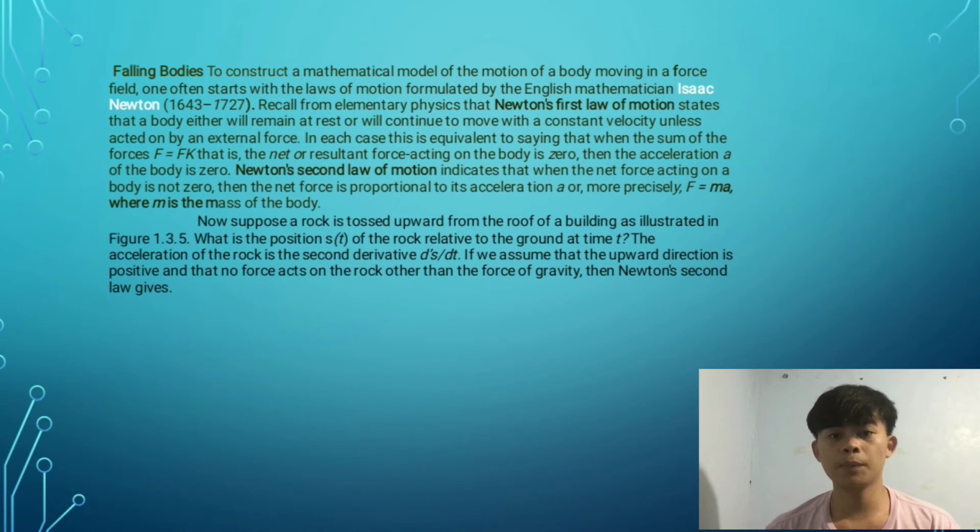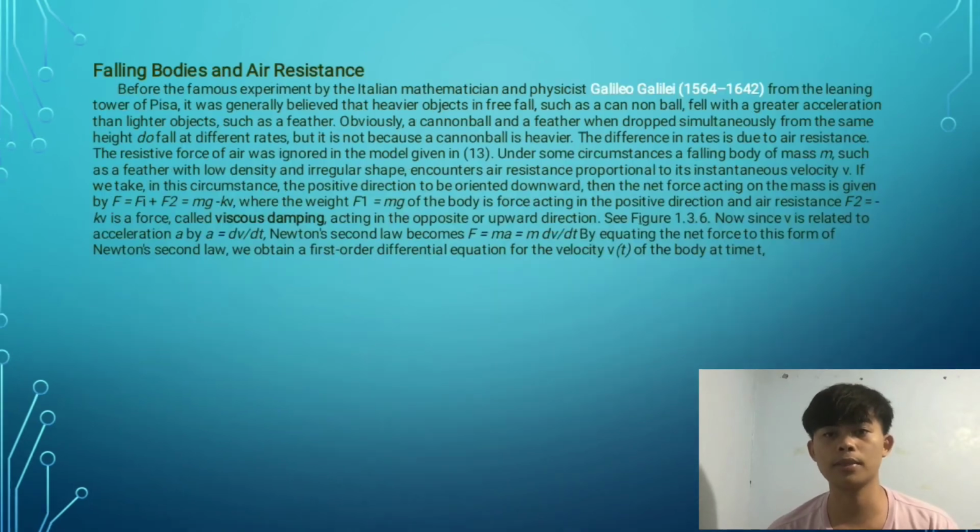Now, suppose a rock is thrown upward from the roof of a building as illustrated. What is the position s(t) of the rock relative to the ground at time t? The acceleration of the rock is the second derivative d²s/dt². If we assume that the upward direction is positive and that no force acts on the rock other than the force of gravity, then Newton's second law gives